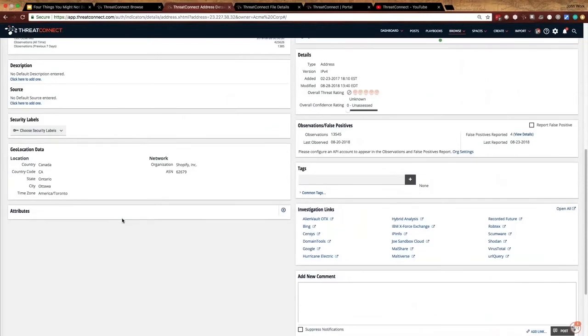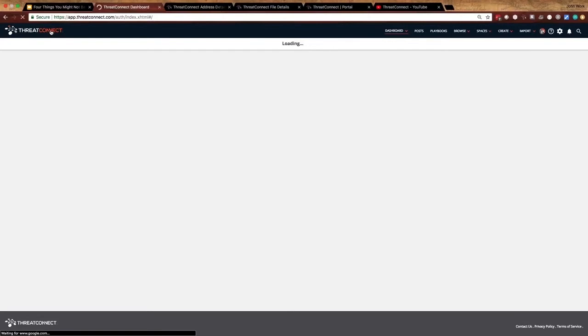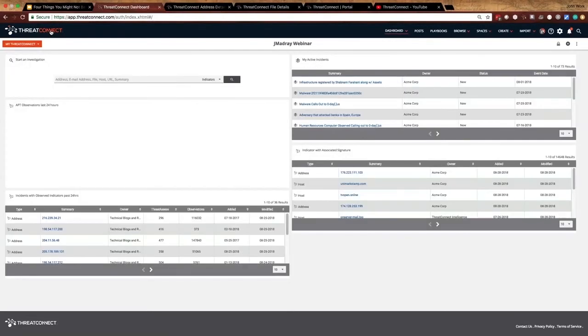Another thing that I wanted to go over was enriching indicators with third-party vendors. So this is another one of those things where all of these work hand in hand to give us better data, better dashboards, and more actionable intelligence. Enriching with those third-party vendors is significant in the platform. The majority of the teams are already going out there and looking for this information. I think it's an injustice to go out there and look for the information and do something with it without putting it back in the platform.